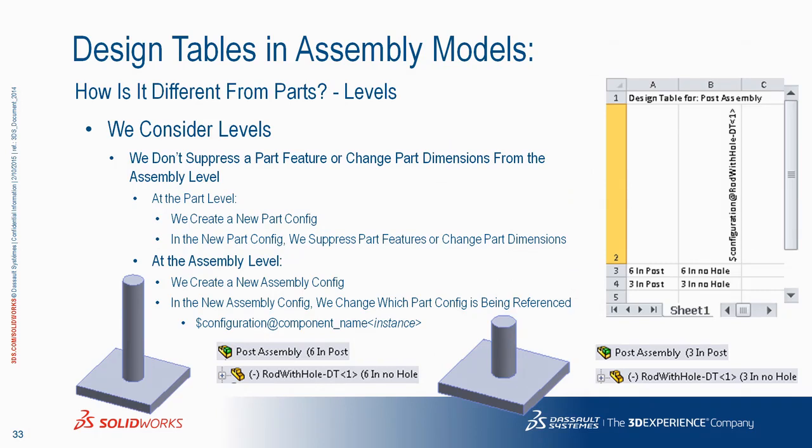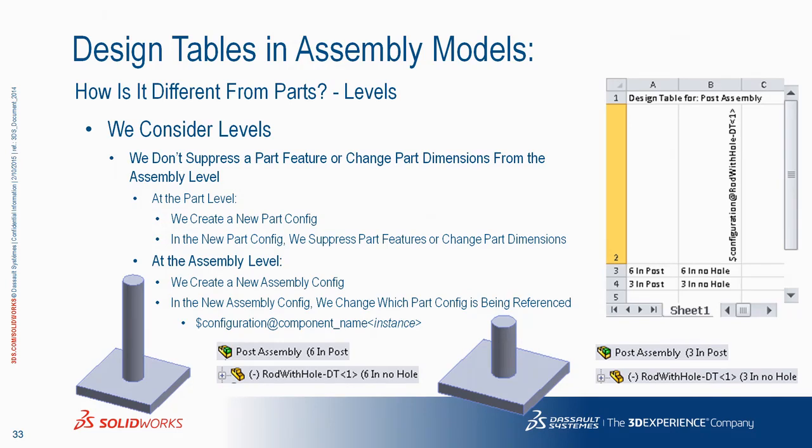How is it different from parts? Levels. We have to consider levels when we look at assemblies. We don't suppress a part feature or change a part dimension from the assembly level. What we want to do is do that at the part level. We create a new configuration. In the new part configuration, we suppress the part features or change the part dimensions. Then at the assembly level, we create a new assembly level configuration, and we reference that